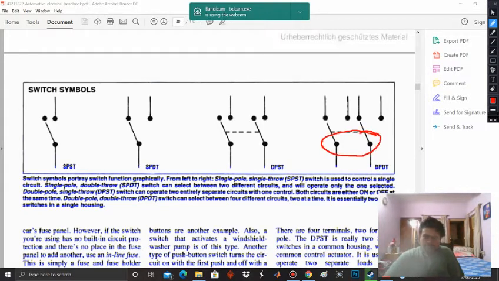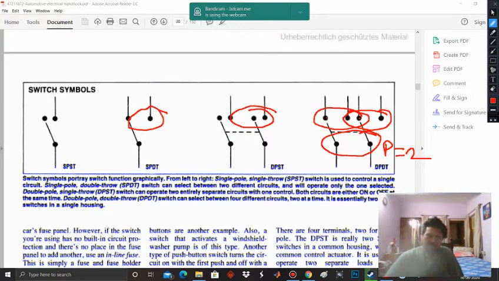Double pole, so P equal to 2, and one is this particular position and another is this particular position. So two positions are there. Here one position is there, that's why single throw. Here also one position is there, so here also single throw, sorry, double throw. Two positions are there. Here one position is there. So depending on the positions, the second D or P is abbreviated. We will cite this particular thing with the help of an example.